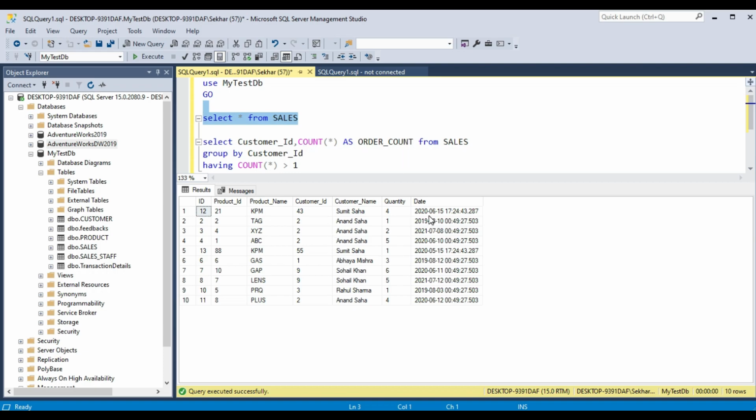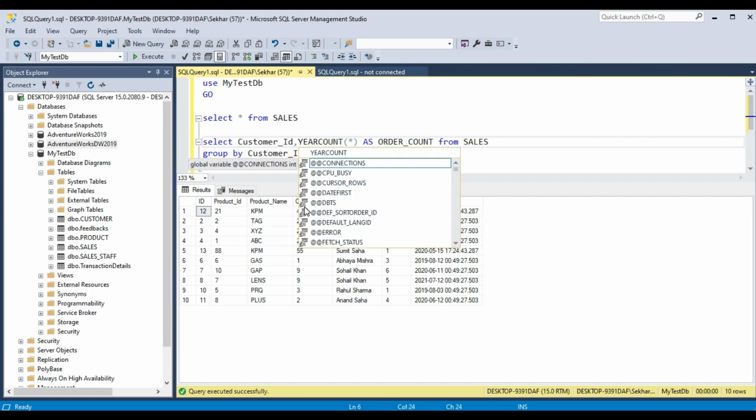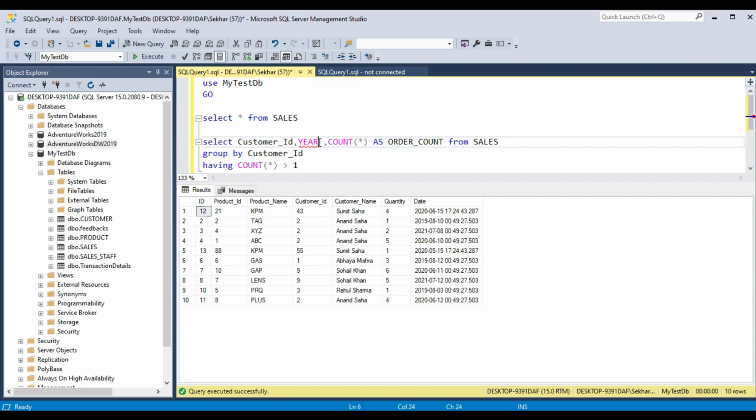Okay, so if you can see, we have another column, date, here, and you want to check who the customers are and the number of orders they placed in each year. Then we have to again group our result by customer ID and year of purchase. So let's write year of, we have this date column, which is kind of the date of order.